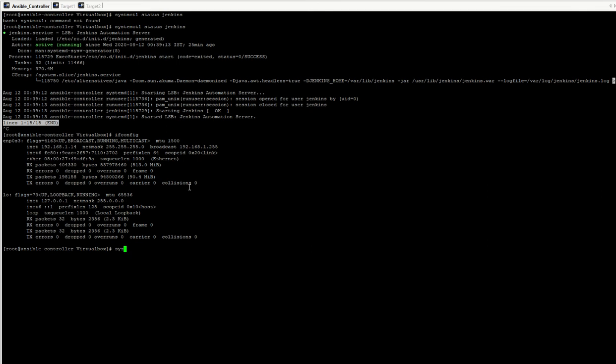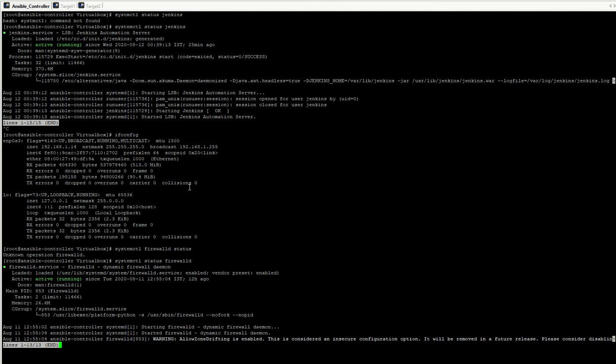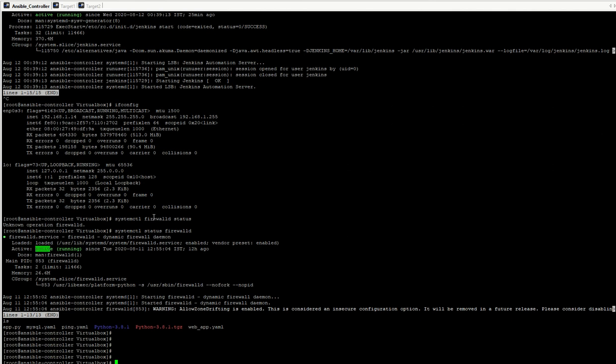So let me see, systemctl status firewalld, and you can see my firewall is running. I can also disable it, but in my case I don't want to disable it. I want to keep it enabled, but I want to open the port number here. How can I open a port here? It's very simple, you guys can open it. A simple command is there, like firewall